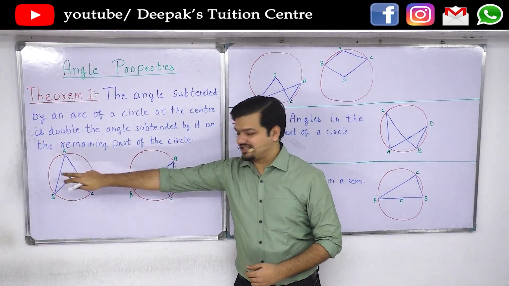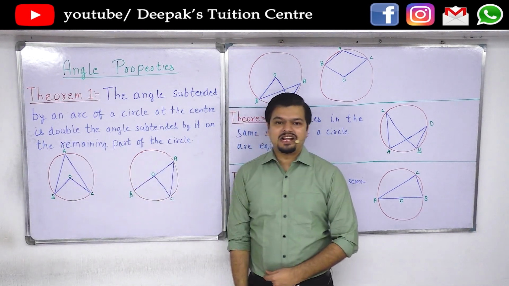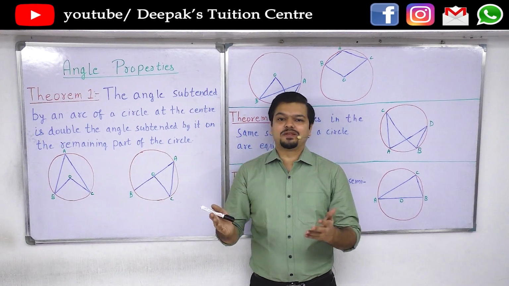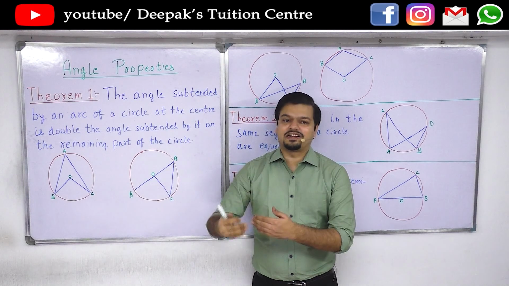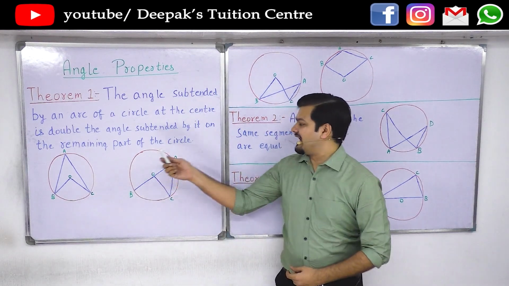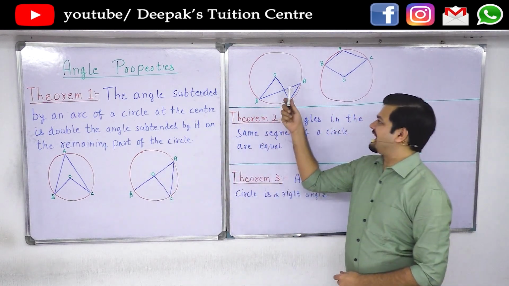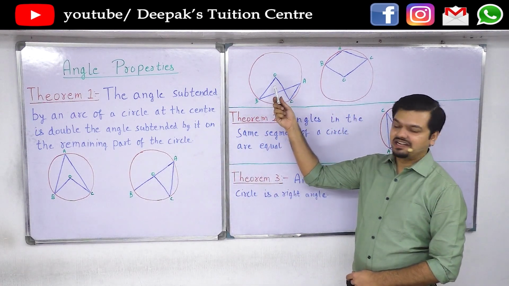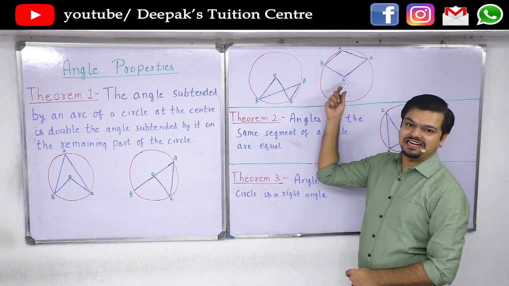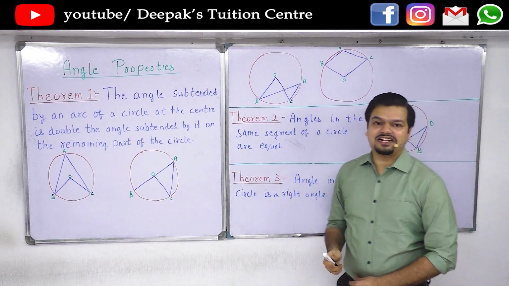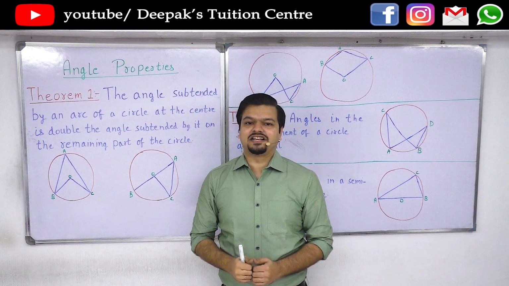Like in the first theorem, you can see in the first figure there is a hill over a hill. So if you see a hill over a hill, then you can feel that I must apply theorem number 1. You can give it a shot and it might work. Similarly, here you can see both the hills have the same slope. Similarly, here there are 2 hills side by side, and here it's a quadrilateral where one vertex is at the center and the other 3 vertices are at the circumference. If you remember these points, it becomes much easier to apply the theorem.